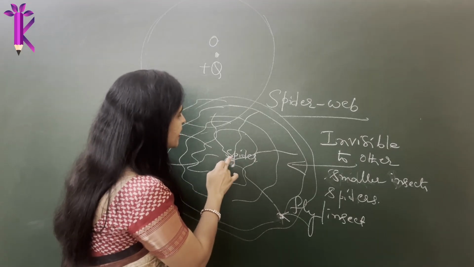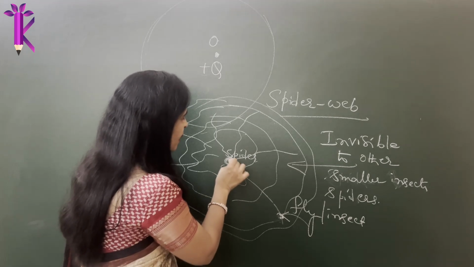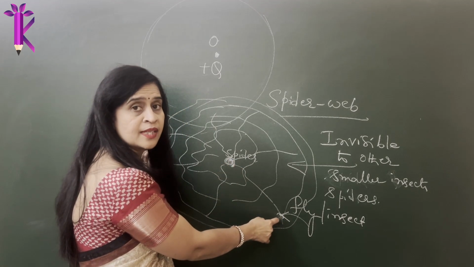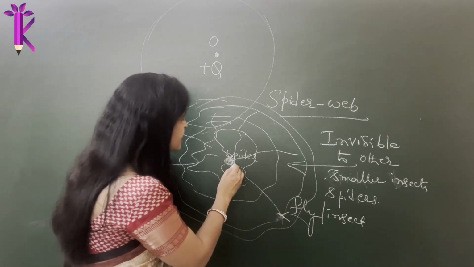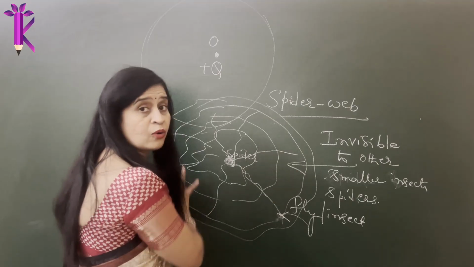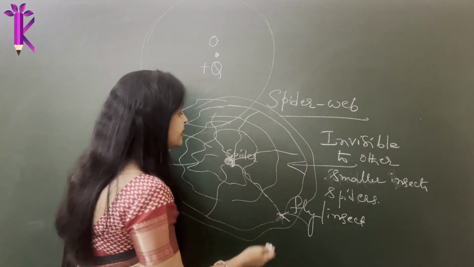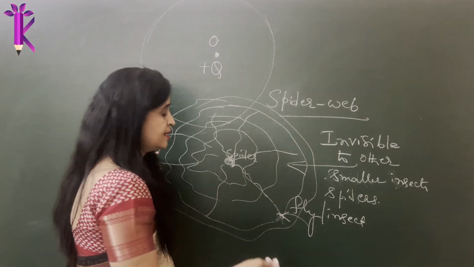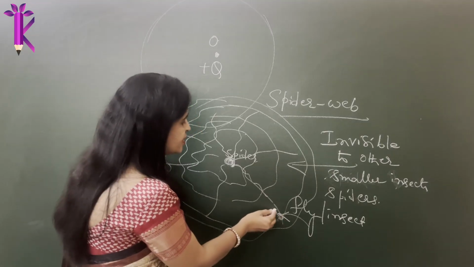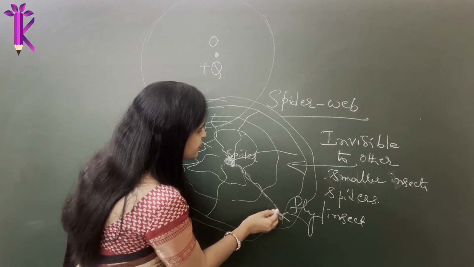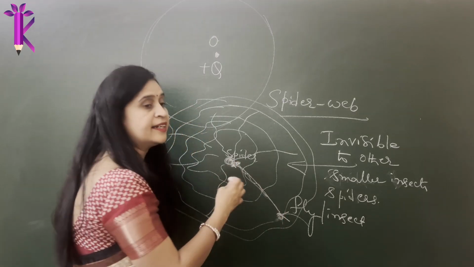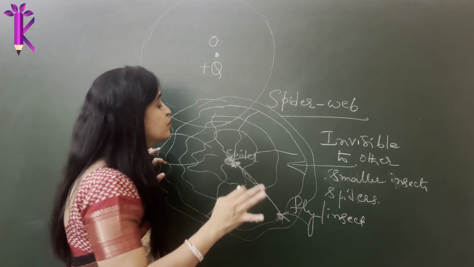So something tells this spider that a fly has been caught in the spider net or the spider web. What is that? This string, or this area of influence which it has spun around itself, passes information saying that something has been caught. It's a fly. So suddenly it uses its force through the string and pulls it towards it and eats it, or they become one, they come closer.